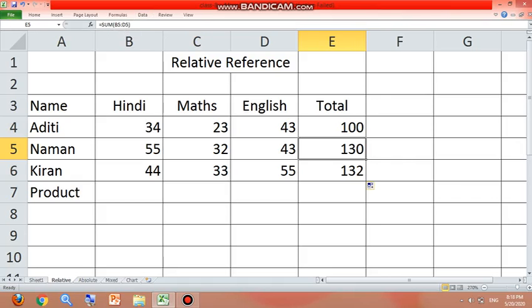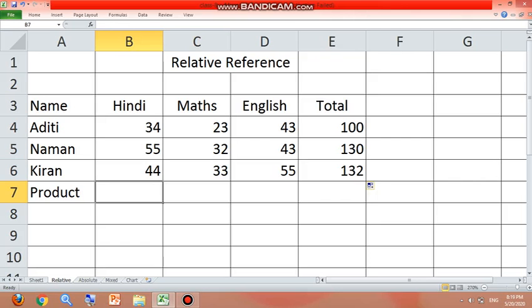Clear? As the numbers are written in row number 5. In the next cell, again the function is the same, but the cell addresses are changed. Now it has become B6 to D6. That is what relative reference is. In relative cell reference, when we copy the formula, the cell addresses automatically get changed. One more time I am explaining how to make a formula or a function and how to copy it. Relative reference is the default mode of cell reference, in which when we copy the formula, the cell addresses automatically change.